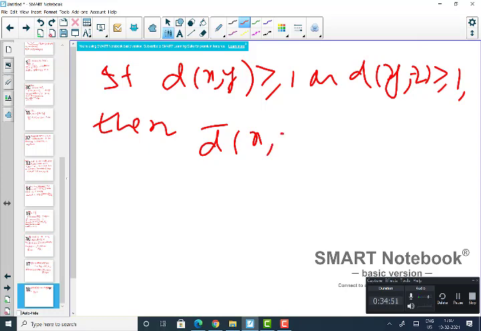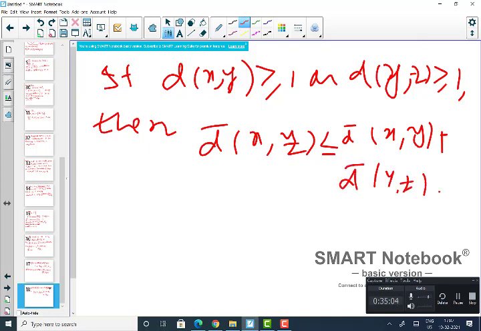So this has to be then obviously less than or equal to either d bar of xz, xy, or d bar of yz. Is that clear? Because the left hand side cannot be more than 1, but on the right hand side you have at least 1 plus something, so it has to be bigger than that, right? Okay, so this shows that the way we define the minimum of d(x, y) and 1, this forms again